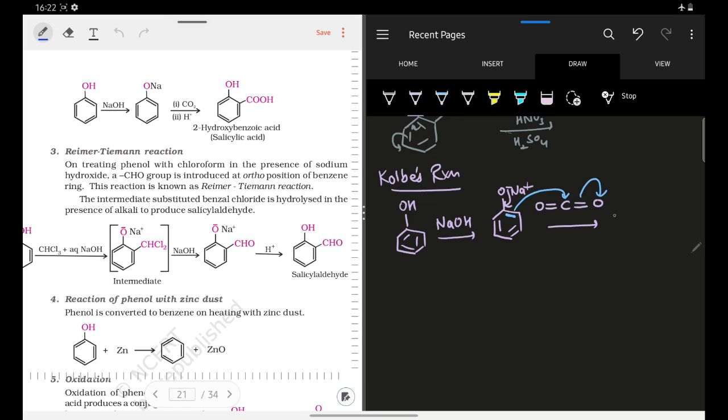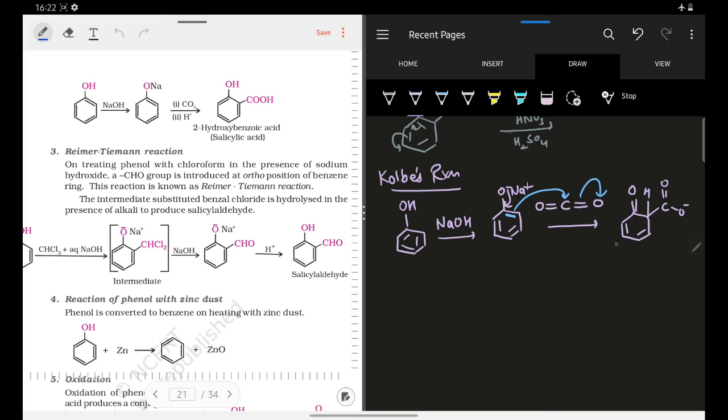So what will happen is that the product formed will be something like this, O double bond, and then through this carbon atom you will be attached to C double bond O minus, and then you will have these double bonds as well, right. Now I know that the benzene ring has lost its aromaticity, so we have to regain that aromaticity. How do we regain that aromaticity?